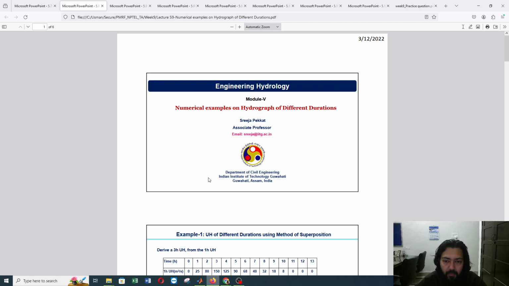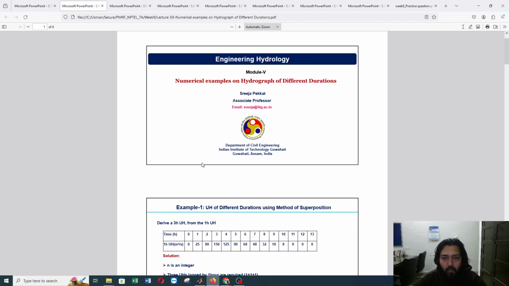And similarly from the figure we know that the time to peak is nothing but the sum of basin lag as well as the centroid of effective rainfall, and we have calculated the value of the centroid, that is, time of basin lag is 0.6 of time of concentration, and knowing the time of concentration we are able to calculate the time of peak. So now, since we have covered all the important